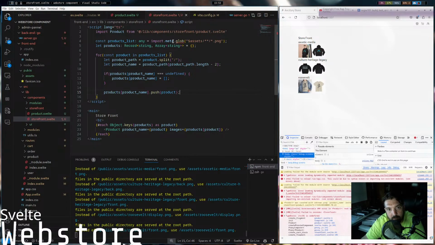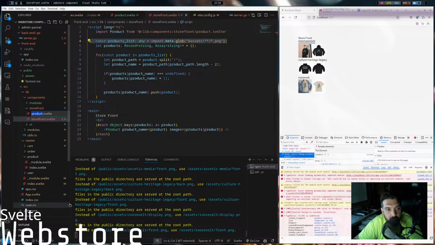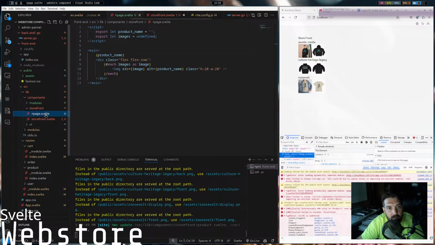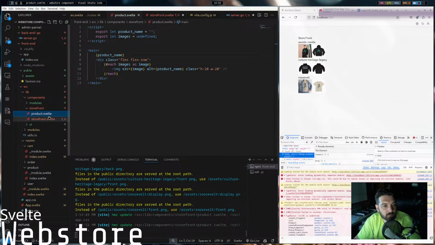Yeah, so the problem was it's going through every image and then splitting up the images, but we need to group them together by the product name. So now we can create a page, and this will be the URL path. We'll get rid of this product.svelte thing, and it'll actually be like page.svelte or something like that. But I don't know how to do that just yet. I kind of do. I know we'll put it